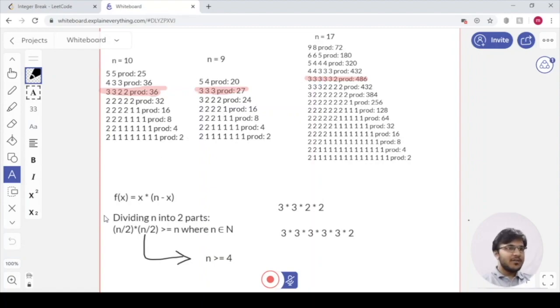So now you know why we were going to use this function here. Yes, we are going to replace x by 3 and we will keep on repeating this function until we only have 3s and 2s left in our number. So x is 3 when n minus 3 is greater than or equal to 2, then we can use this function. So we extracted 3 from it and n minus x was our answer. Then we extracted 3 from n minus x again to get this. So we will keep on doing this until we get a product of 3s and 2s. So let's code this approach.